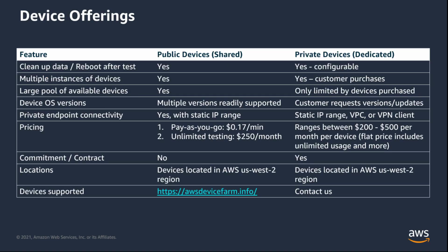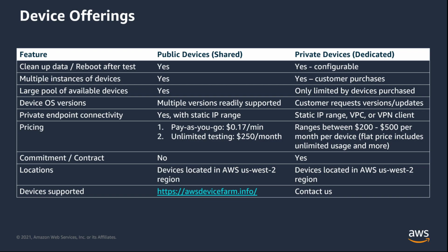Device Farm offers two device types, public and private devices. Public devices are shared across customers and are cleaned up and rebooted between sessions. Every supported feature works backwards from protecting the customer data, such as their app, tests, browser history, and cookies. Private devices are dedicated devices that are available exclusively to one or more of your AWS accounts. The cleanup and reboot behavior is configurable for private devices, allowing you to customize and persist the device state across sessions if needed. Public devices provide breadth to your device coverage and high availability needs, and do not have any minimum commitment period. These factors make this type of device a preferred choice among most customers.